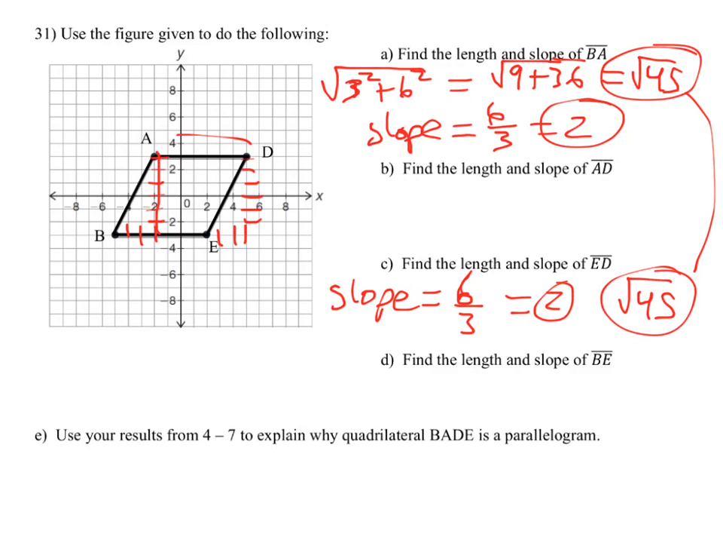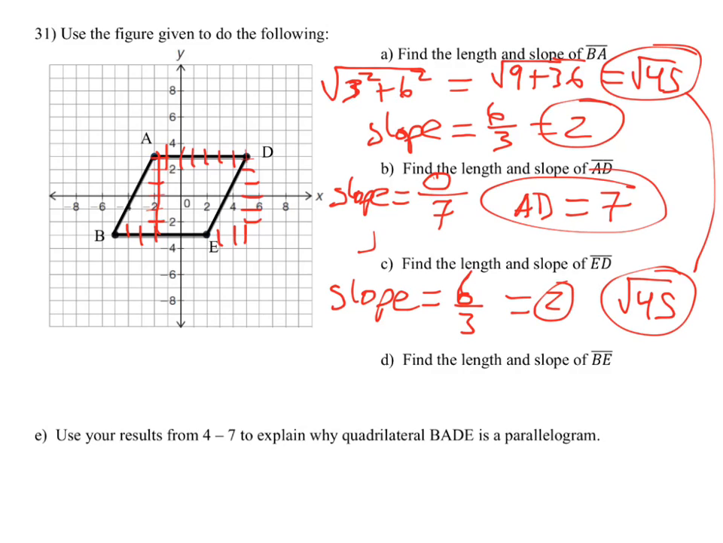And then that brings us to AD, which has a slope. If it's horizontal, the slope is 0, mostly because the rise is 0. But let's look at the run real quick. There's going to be 1, 2, 3, 4, 5, 6, 7. And so the length of AD is going to be 7. It's just 7 long. You can count that out. And the slope